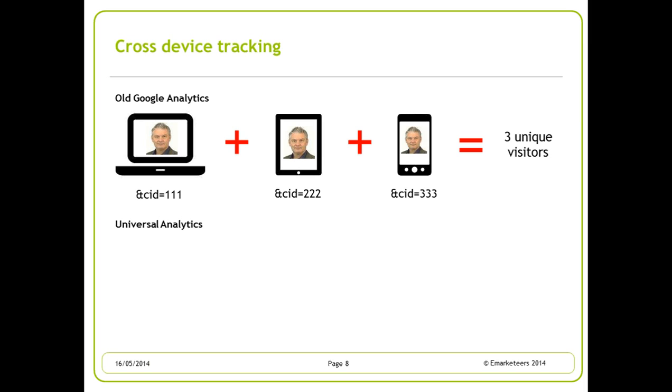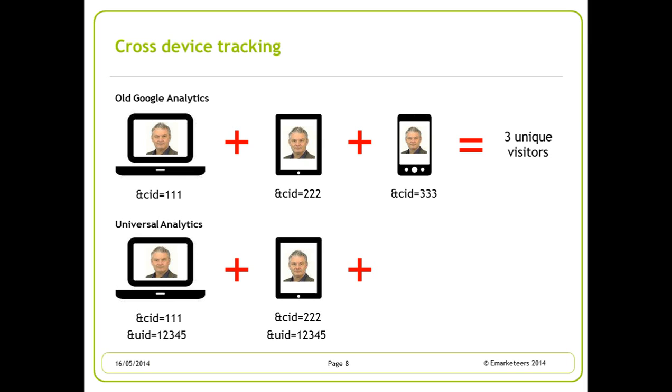Now, because we can use user IDs, we have a unique user ID that is captured on every device, across different devices. How is it captured? Well, you need to have a login on your website. You need some way of capturing the user ID, and ideally that's done through a login. And when people log in, you can recognize them through all the different devices that they use, and you can connect their different journeys. So we can really see the full unique visitor journeys from now on.